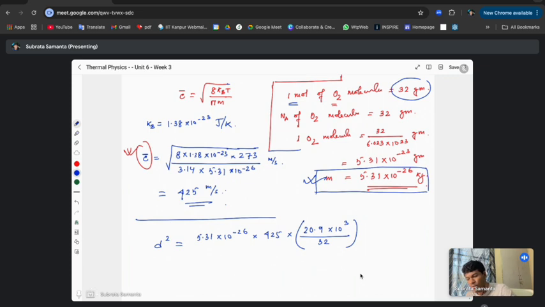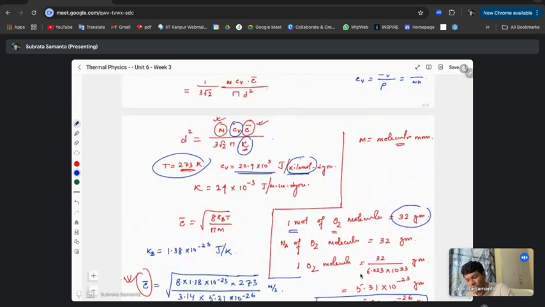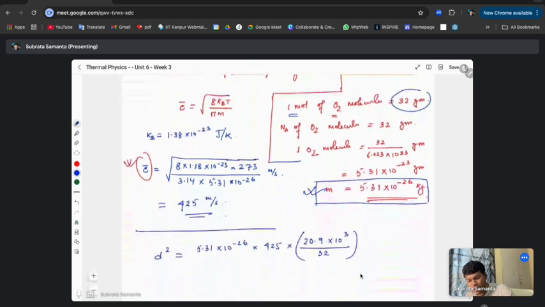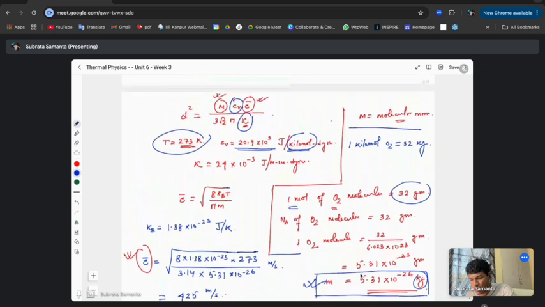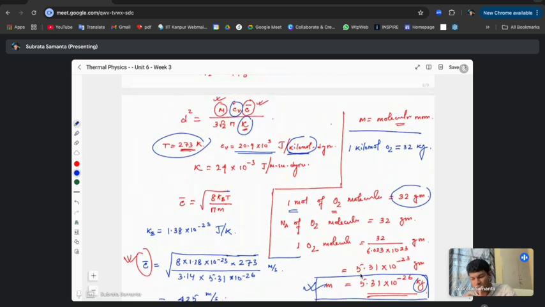So I convert this kilomole to kg. So 1 kilomole O2 equals 32 kg, because m is given in kg, right? And in d square there is no kg, so d is basically length. So ultimately your unit is meter. Okay. So this kilomole and kg you have to cancel. So that's why first you convert kilomole into kg. So that's why divided by 32,